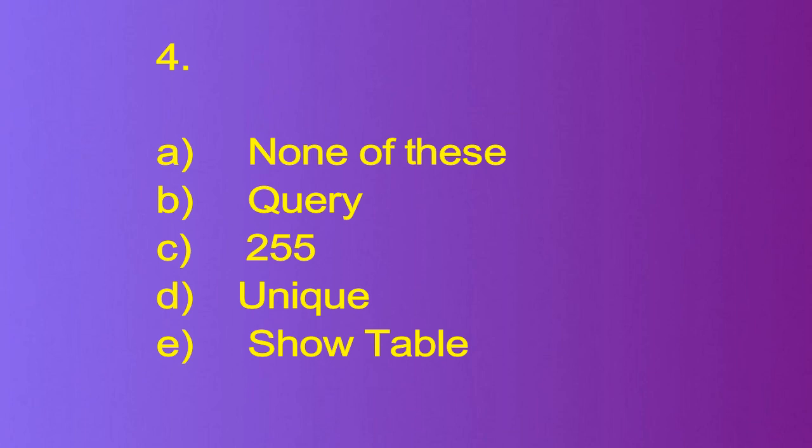B number, to extract some data from multiple tables, you can use this one, query. Okay, multiple table relation, whenever you do it, from the tables we can search it. Query, we can search it from the table. Okay. The short text has a maximum limit of dash characters, 255 characters. You will go to field properties and see the 255 characters. We can type it. A primary key can have dash value. Just now you saw, primary key always has one value. Primary key has only a unique value.